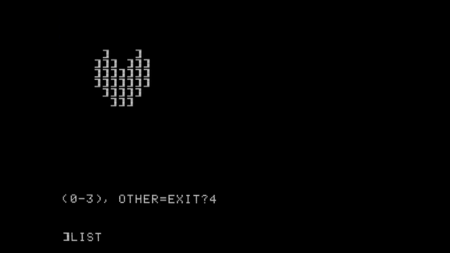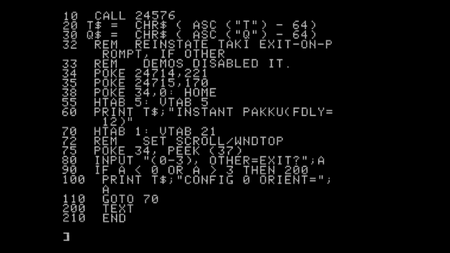By the way, this example uses one more Taki command we didn't cover in the earlier overview, the instant command. The animated effect used in this demo doesn't need to capture any text to be animated because it already knows what characters it will want to send without any further input. So Taki provides an instant command used the same way as the word or mark commands, except that nothing printed after that point is captured and sent to the effect. Following text is immediately sent directly to the screen.